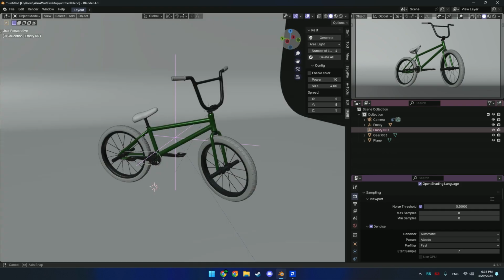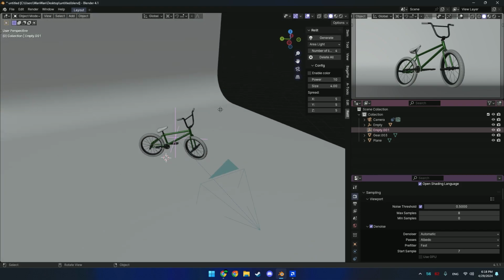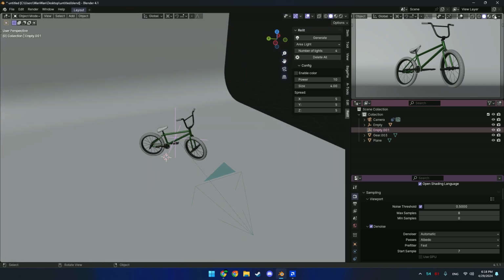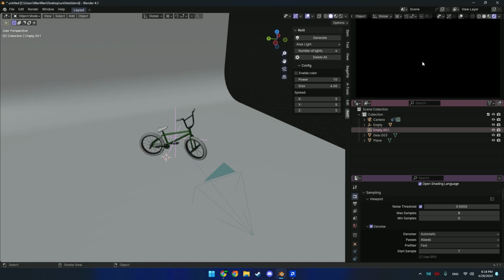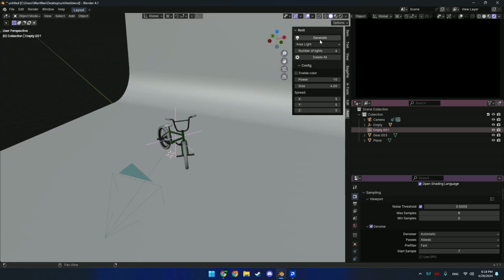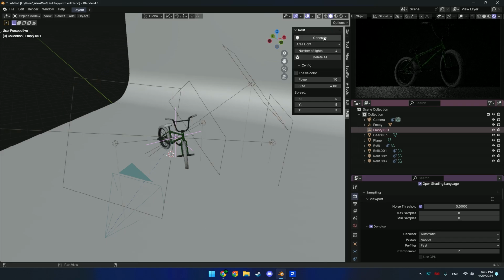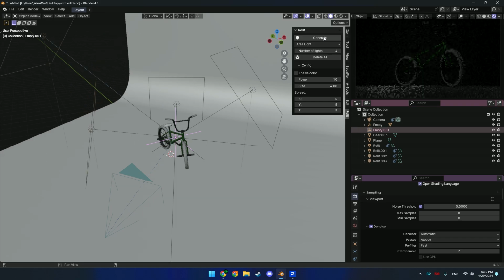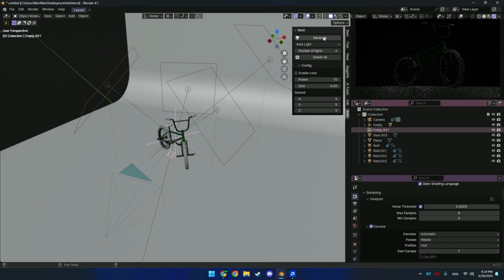Here we have just a simple scene with this bicycle and an empty as the main object. And here I have my add-on settings, as you can see. And yeah, here we have a preview with currently no lights. So yeah, here I have some settings already dialed in. You can see power, size, the default spread, no color, and 4 area lights. So at first I want to generate just some basic fill lights to have just some lights in the render,